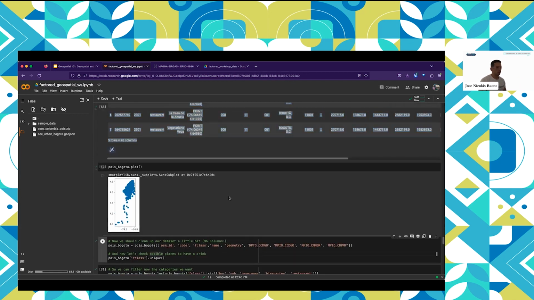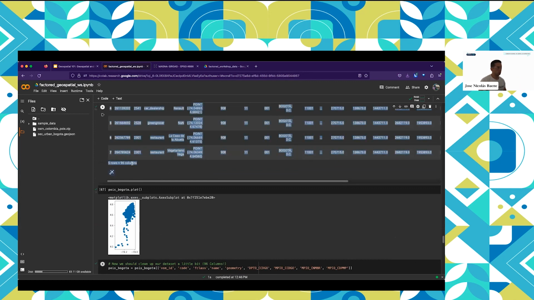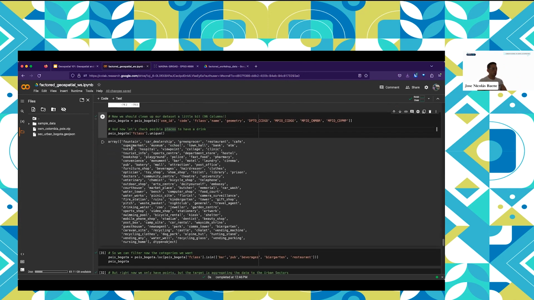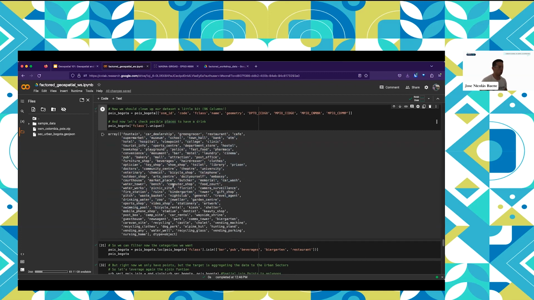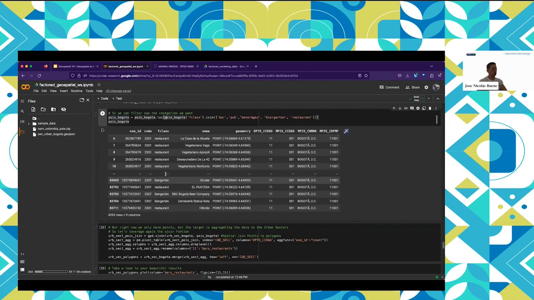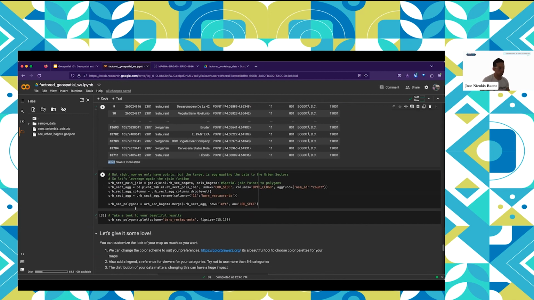I will clean up. This is only for cleaning because we have a ton of columns here that come from the census data. And we'll check the unique classes because I wanted to show you that OpenStreetMap is very comprehensive in the data that they have. So you will find a ton of categories here for any analysis you want. If you are not interested in beers, but rather in cinema or pharmacies, you can do it. So I will just filter those categories in this code. And right now we have 4,000 places where I can get a beer around Bogota.